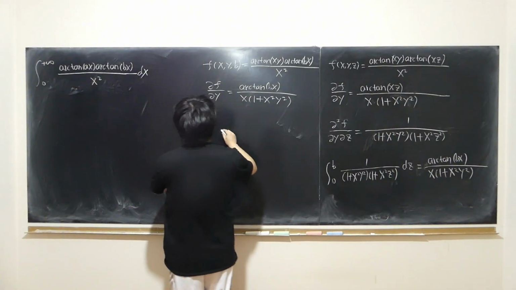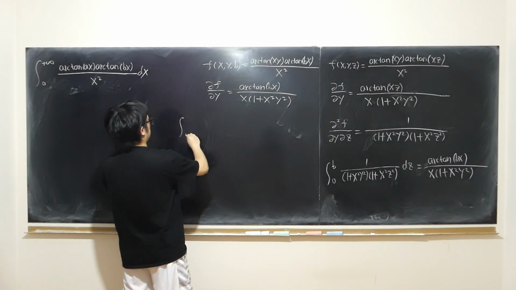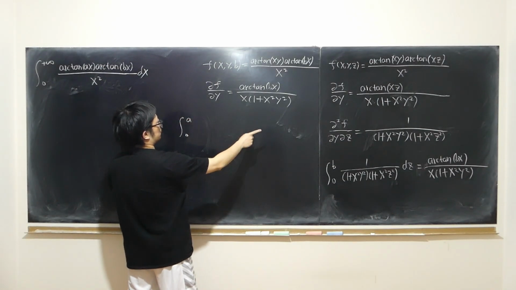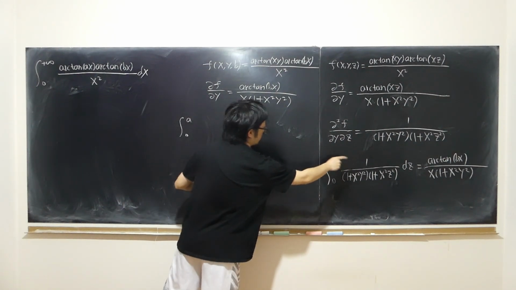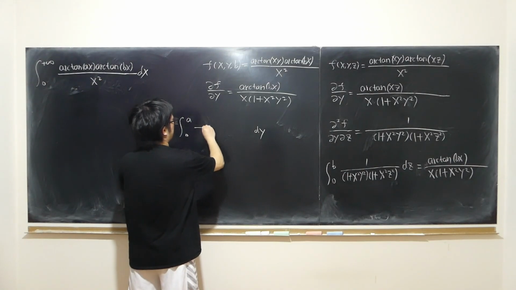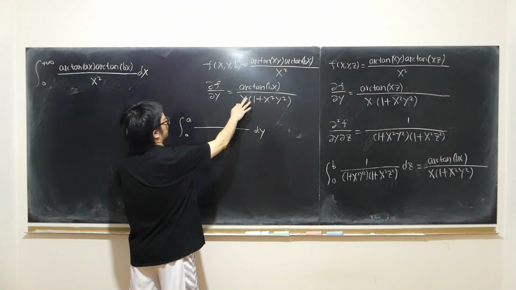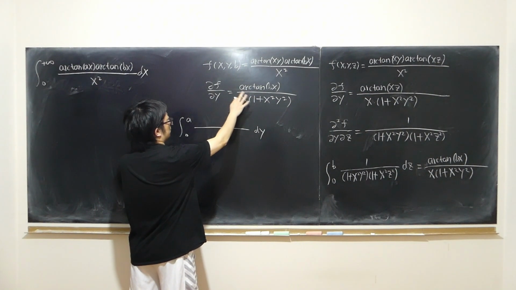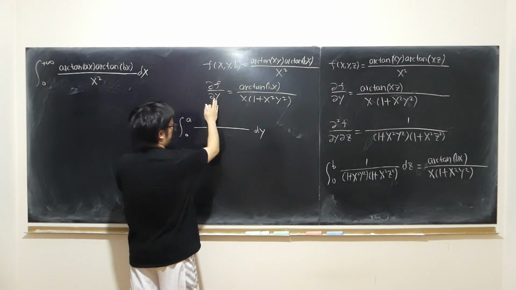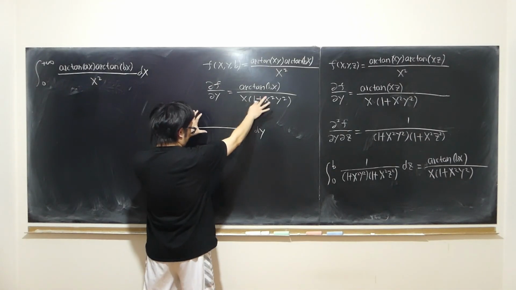So what if I integrate from 0 to a, and I do dy? Previously it was dz. This time I say dy. My integrand this time, I'm going to use this one, because remember, this is the derivative of this one with respect to y. That's why I say dy here. If I use this as my integrand, I say